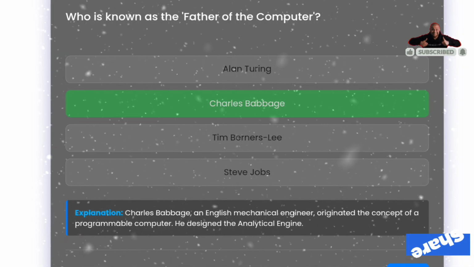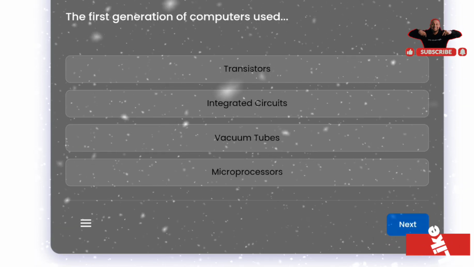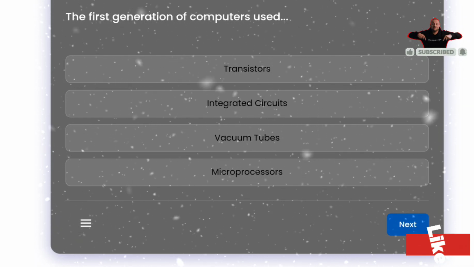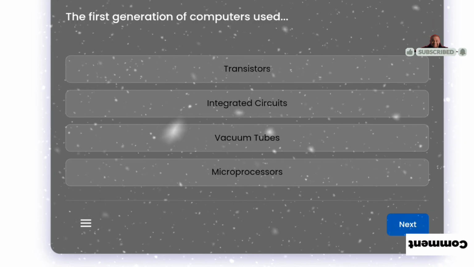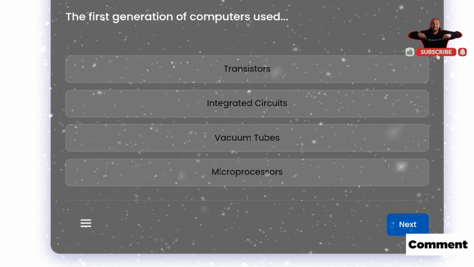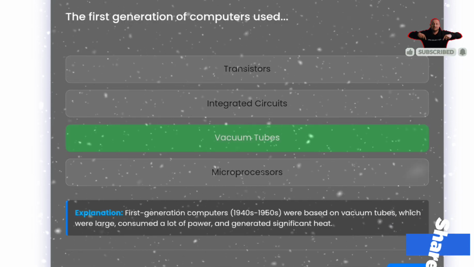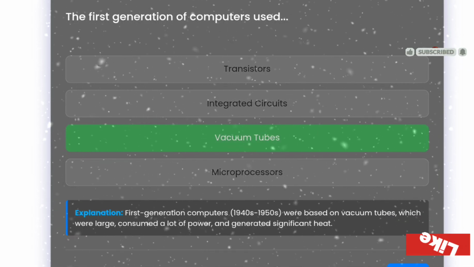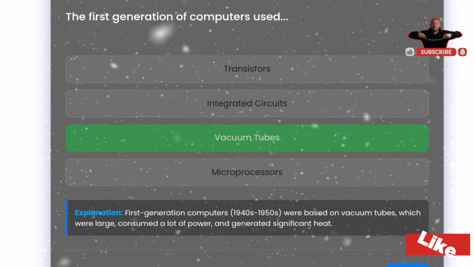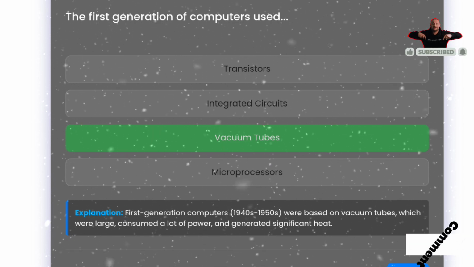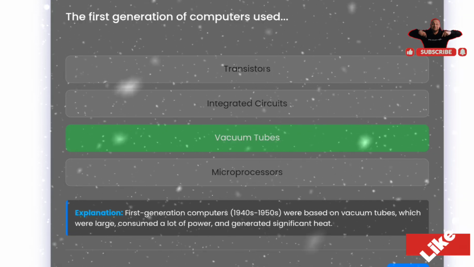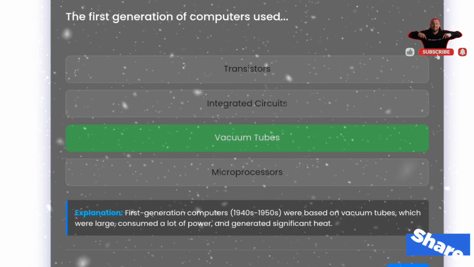He designed the analytical engine। Next question, the first generation of computer used, मतलब कौन सा कंप्यूटर फर्स्ट जनरेशन में यूज़ करते हैं? वैक्यूम ट्यूब। आंसर इज वैक्यूम ट्यूब। द फर्स्ट जनरेशन कंप्यूटर 1940s से 1950s तक जब यूज़ किए थे, were based on vacuum tubes which were large, consume a lot of power and generate significant heat।